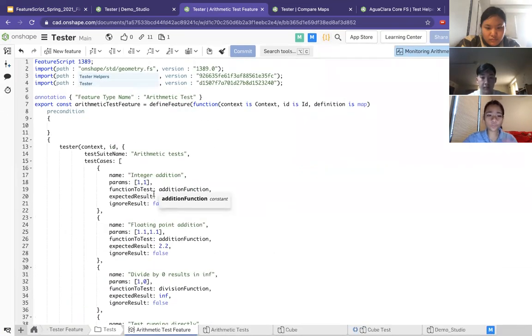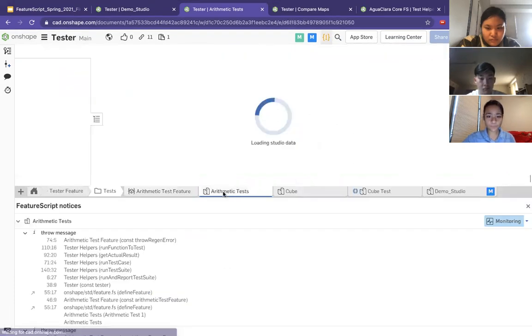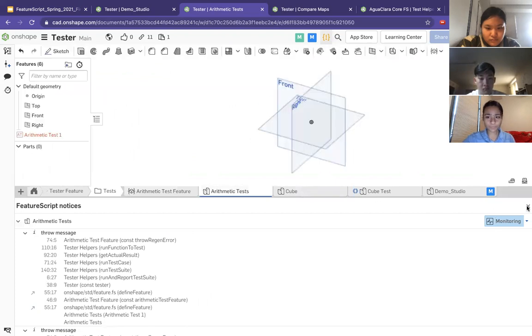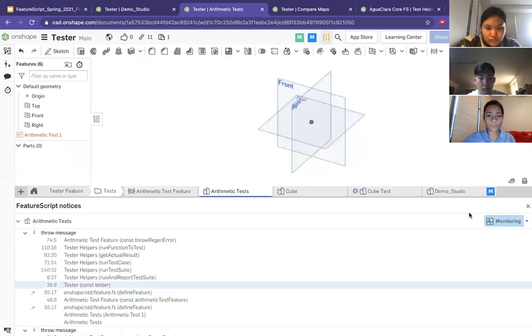If we look at the code over here, this tests the addition function, and 1 plus 1 is supposed to return 2. And 1.1 plus 1.1 is supposed to return 2.2. But let's make this 2.3, and let's make this -1 just to see what happens. And then suppose we compile this, and after that, if we go to arithmetic tests, we notice that arithmetic test 1 and arithmetic test 2 fail. And then when we try to monitor the part studio,